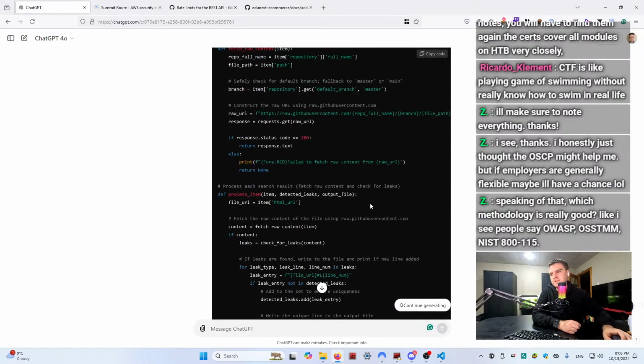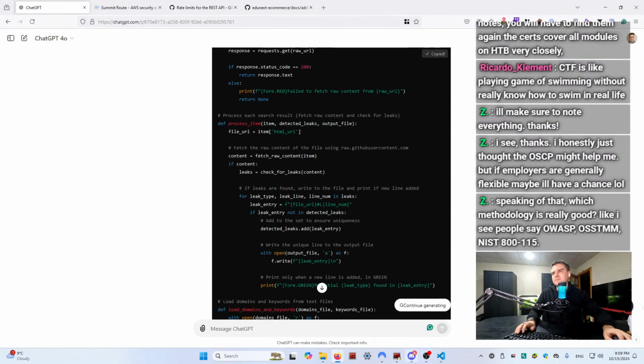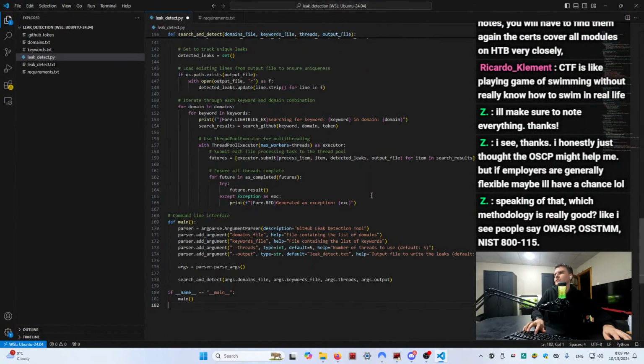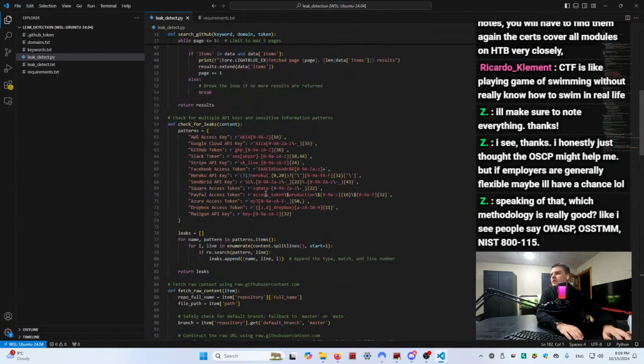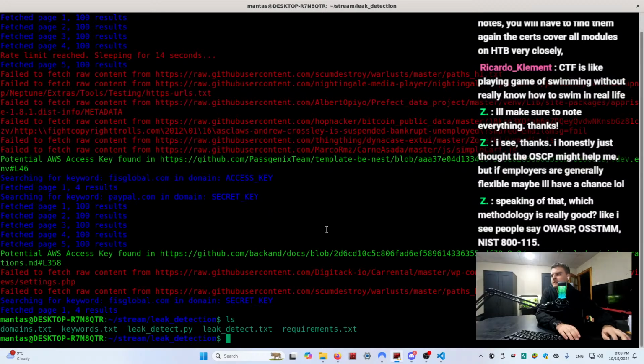Oh, ChatGPT got stuck, I think. Oh no, this is enough at least for this one. Okay, it has way more patterns. So right now, what I will do instead,